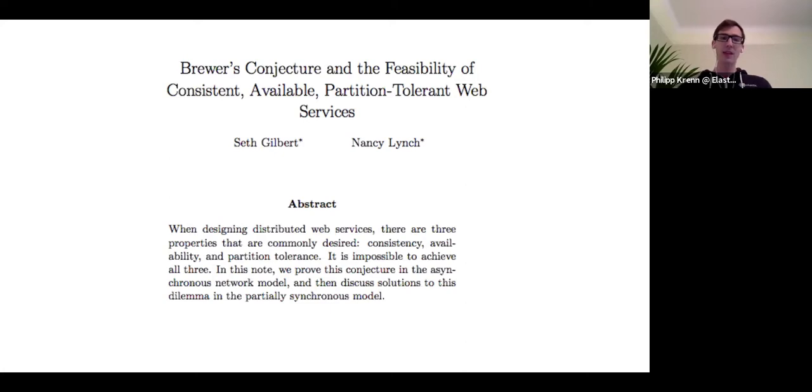His main idea is that you want to have all three, but you can have at most two of these attributes. By the way, it's not guaranteed that you have two. If you build a bad system, you might only have one or zero of these attributes. It's not guaranteed that you get 2 out of 3, but at most you can have 2 out of those 3. So let's take a quick look at what these 3 things are that you might want to have.